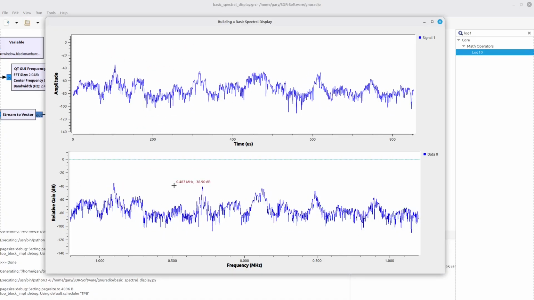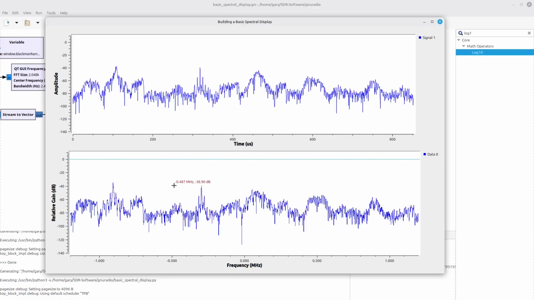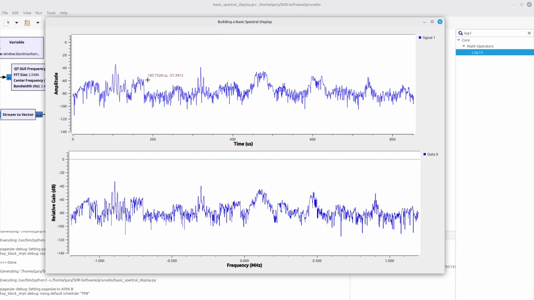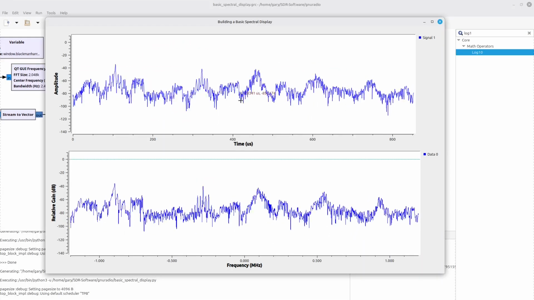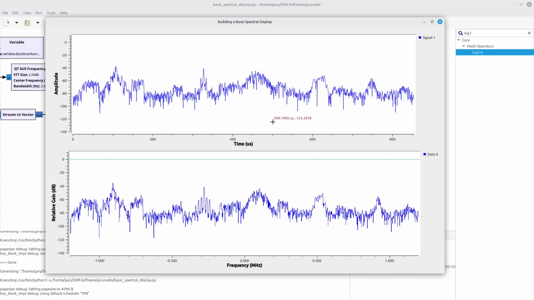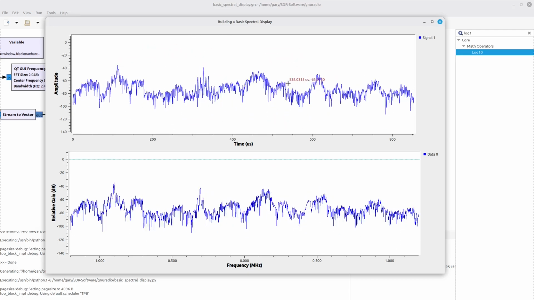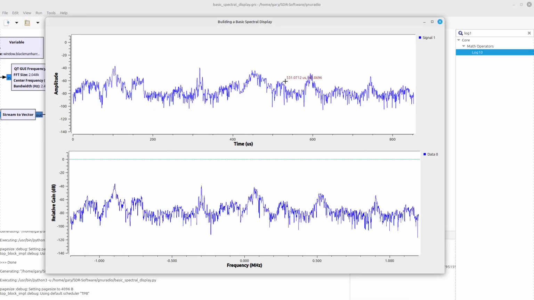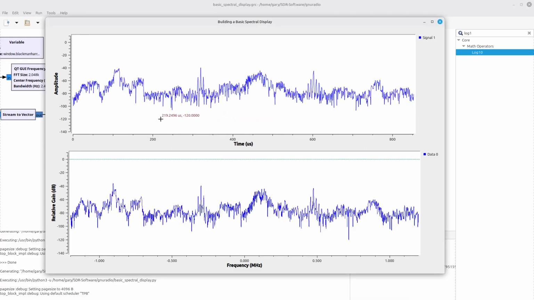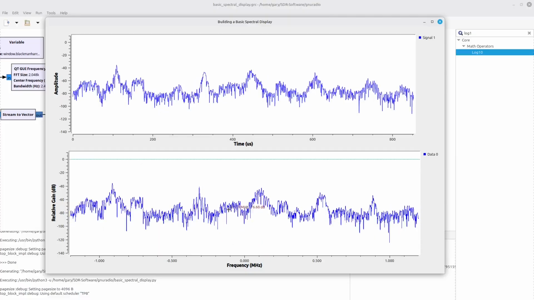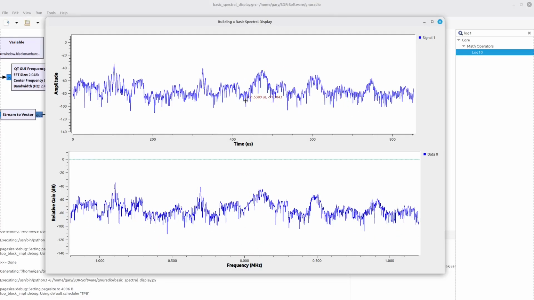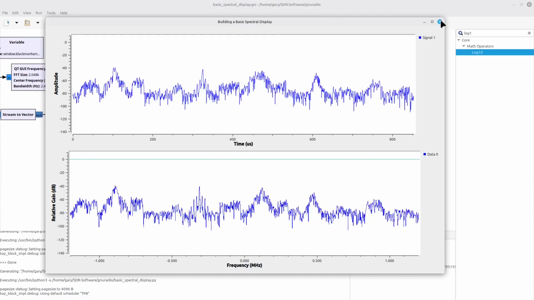We have now built a basic spectral display. Now again, this is still in an oscilloscope, so it's not giving us our frequency scale, but the waveform looks pretty much the same. So the next part that we need to do is make it where we can actually put a frequency scale on it so that it actually gives us values on the frequency domain that are meaningful to us.